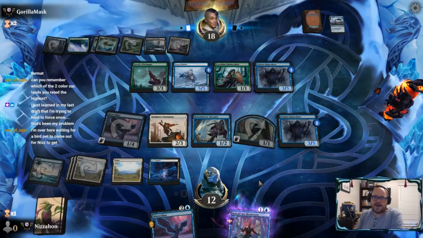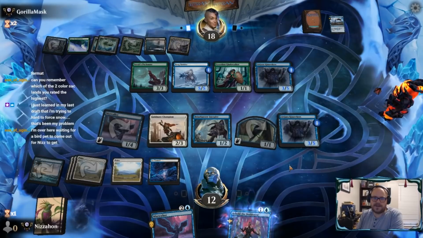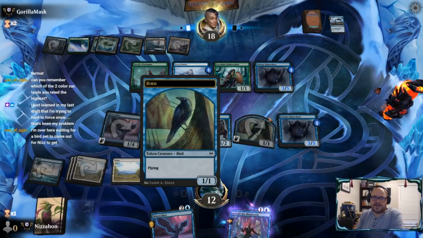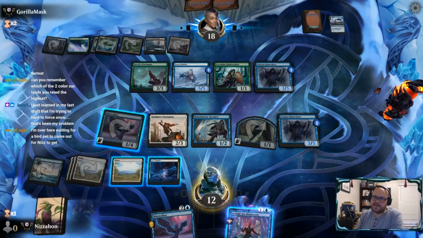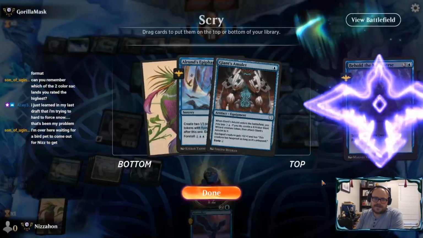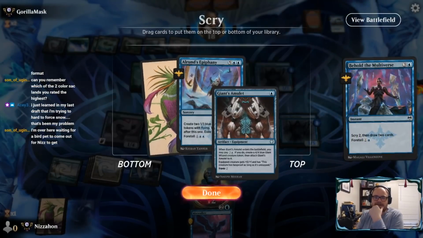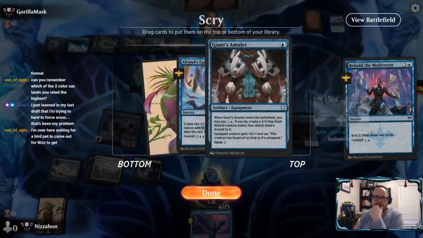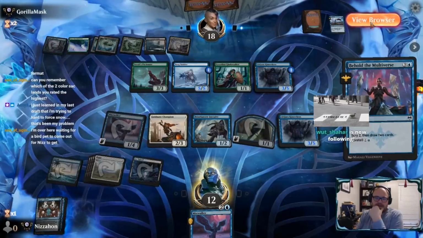Looks like we may be riding flyers to the win here. That's probably our plan. One nice thing about Goldmaw Champion plus flyers is if they play their own flying or reach creature, I can find a way to tap it down without too much difficulty. Oh, yes, please. Well, I don't know that we really want the amulet. We definitely...